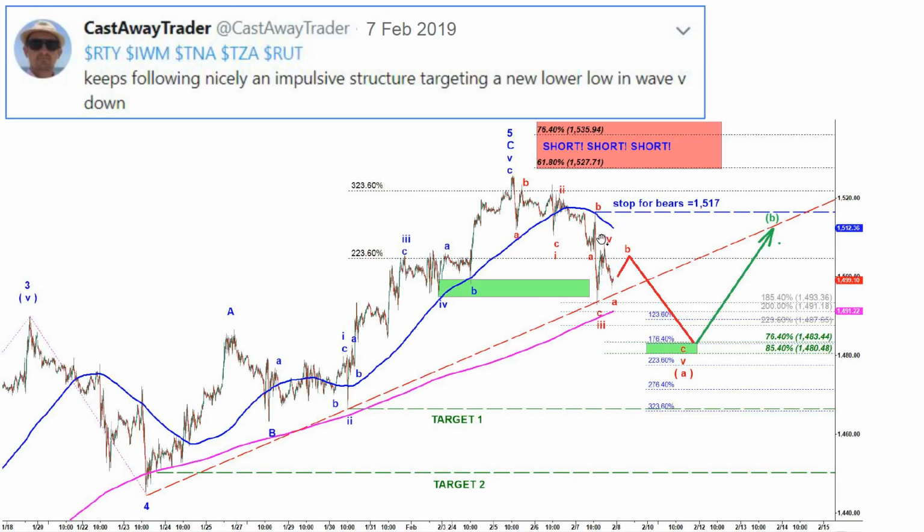So then we got the expected drop because of the top of wave 4. We should get the final move down in wave 5, and it is always subdivided into A down, B up, and C down.